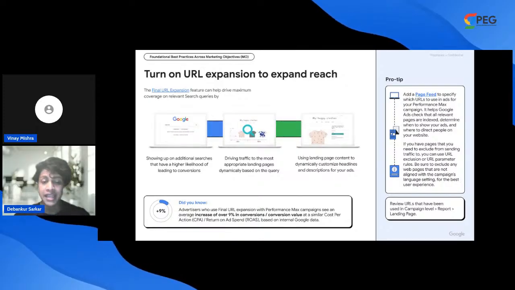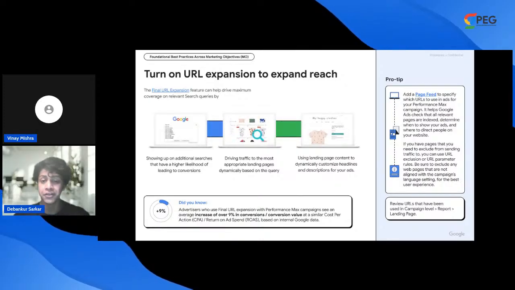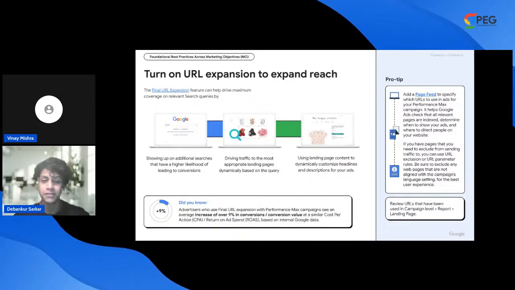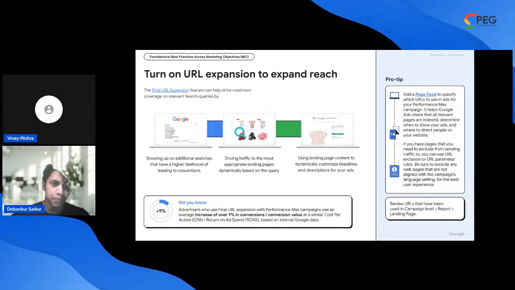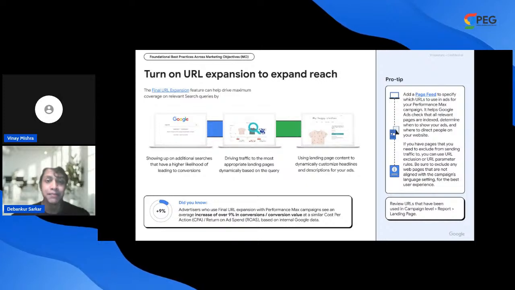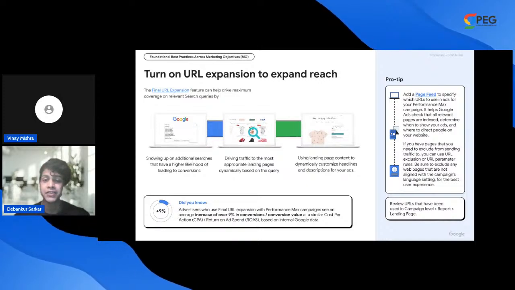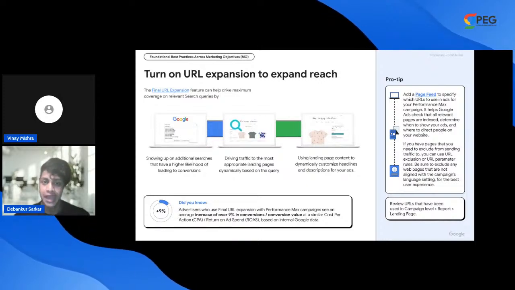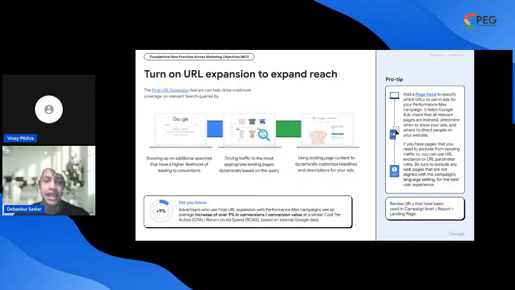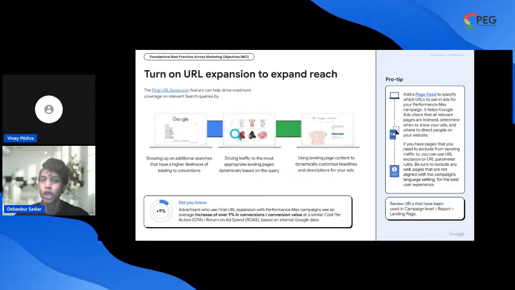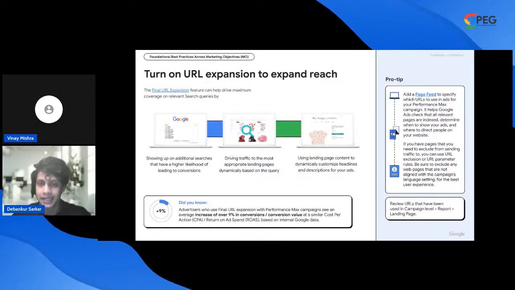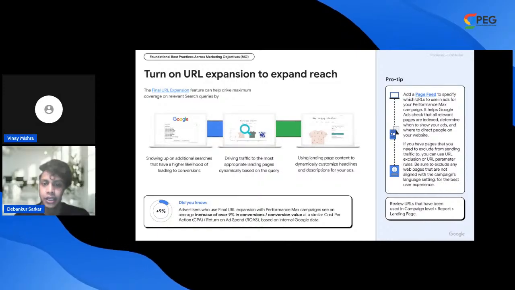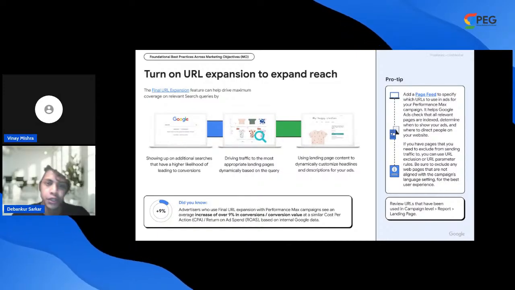In the overall conversions per conversion value at a similar cost per acquisition as well there, right? So again, just sharing a pro tip there, you can simply add a page feed to specify which URLs to use in your ads for your Performance Max campaigns, and this also helps Google Ads ensure that all relevant pages are indexed, and also informs where exactly to show your ads and directs your visitors on